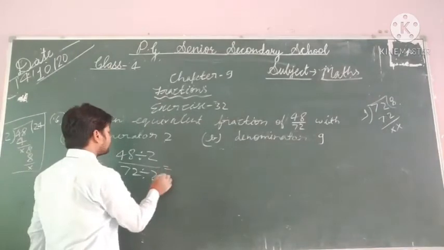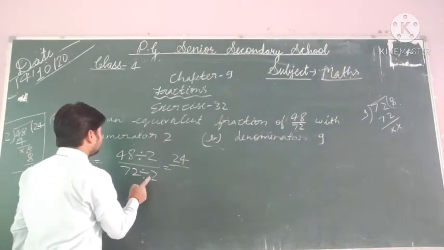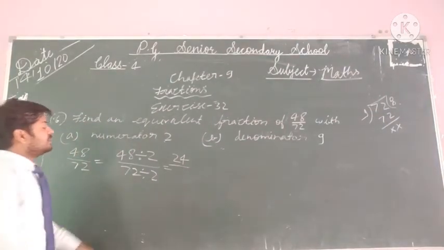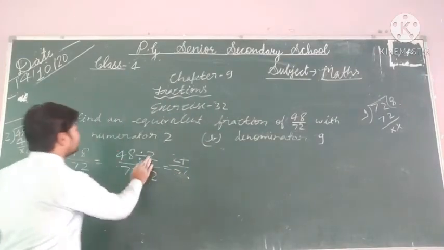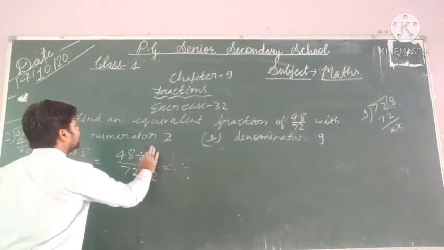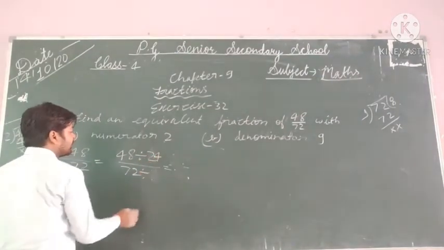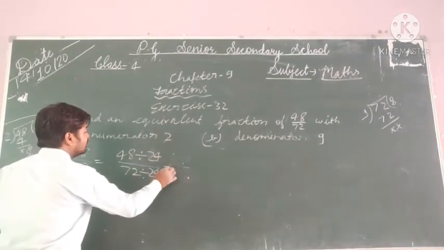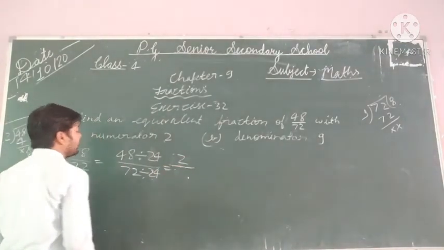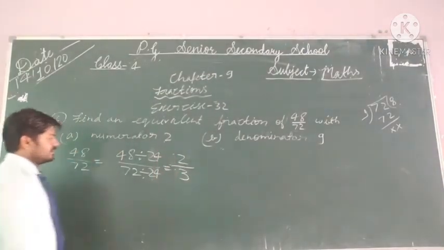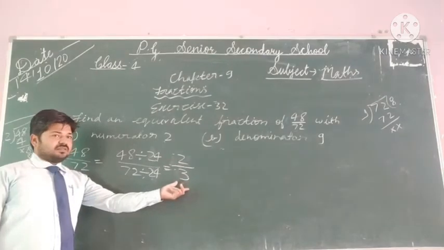Okay, तो ये कितना हो जाएगा? 24। और ये कितना हो जाएगा बेटा? डिवाइड करके चेक कर सकते हैं आप। 36 कितना हो जाएगा? सॉरी, सो यहाँ आपको 24 से डिवाइड करना है। किससे डिवाइड करना है बेटा? 24 से। 24 से जब आप डिवाइड करोगे तो ऊपर 24 से कितने टाइम्स जाएगा? 2 टाइम्स में, और डिनोमिनेटर कितने टाइम्स जाएगा? 3 टाइम्स। तो यहाँ आप देख सकते हैं न्यूमरेटर कितना हो गया? 2 और डिनोमिनेटर कितना हो गया? 3। सो लाइक दिस यू हैव टू सॉल्व।